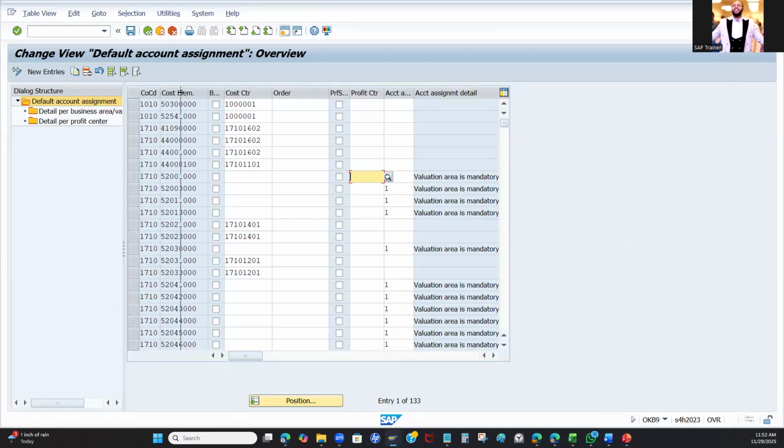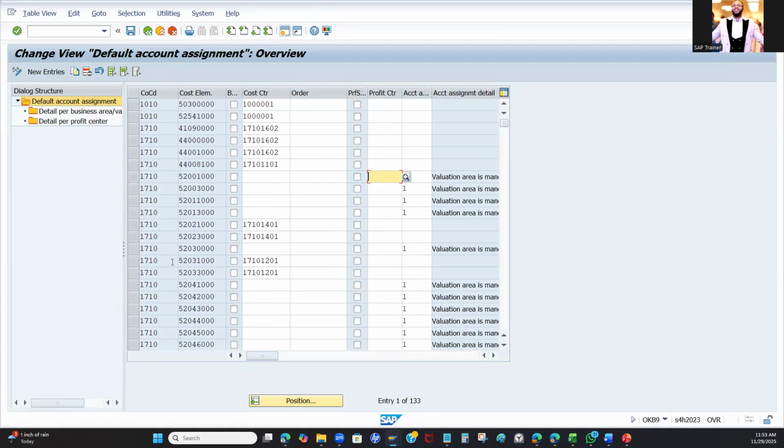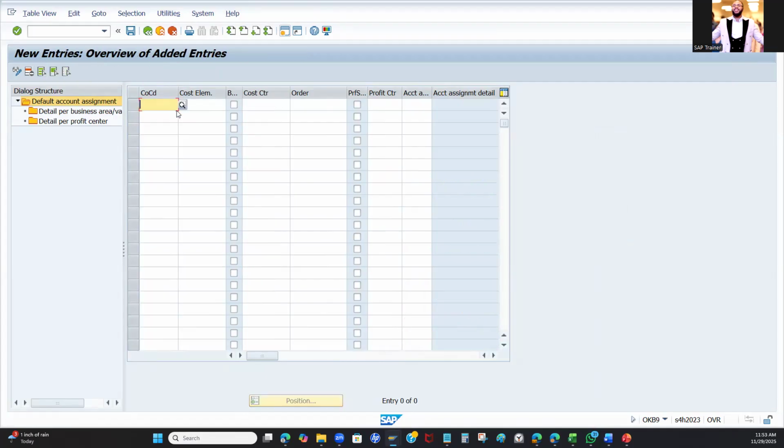Now, this system also has been well configured. We've configured a couple of company codes. For us to be able to maintain the cost element and cost center assignment to our company code for account assignment, that needs to have happened. You need to create a company code. So what we need to do here is go to the new entries and look for your company code. I've created a couple of company codes, company code US29, and I also created ZUS1,